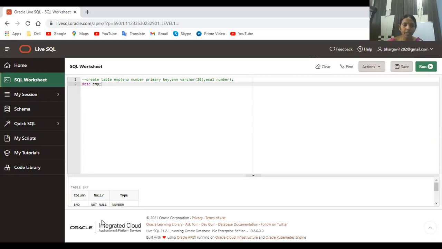Now look here. So what are you getting? Column name, may be null, may not be null. Which type of data you are writing over there? How many columns we have? 3. Employee number, not null. Not null you are getting here. Why not null? You are specifying that primary key. So if you write primary key, by default it will be not null. Next, after employee name, varchar 20, employee salary, number. Clear this one? How we are creating a table.